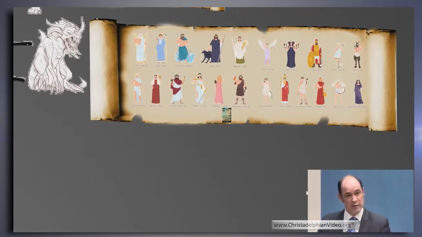Daniel had a reason to stand against the things. And you're going to see that word stand come up. He took a stand. The question is, who are you? Do you take a stand for truth?